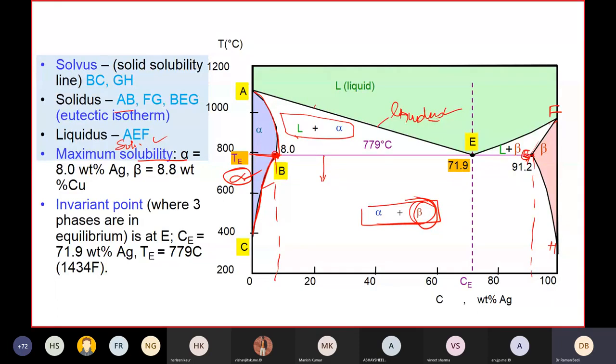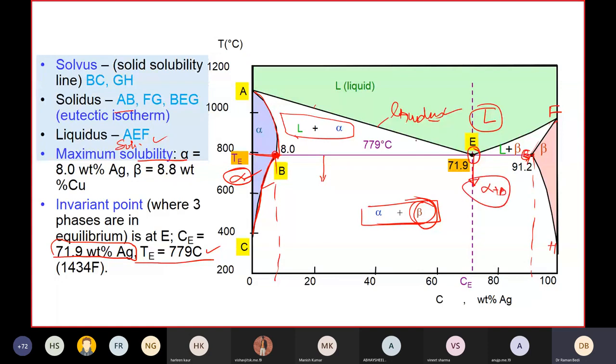8% of copper. And I have an invariant point at E, which means it won't happen at any other composition. It will not happen at any other temperature. So this invariant reaction, which we say is the eutectic reaction, a low melting reaction, happens only at this particular composition and this particular temperature, at point E, where an alloy having 1.9% of silver will melt at 779 degrees centigrade,